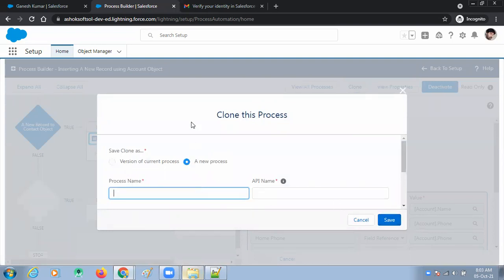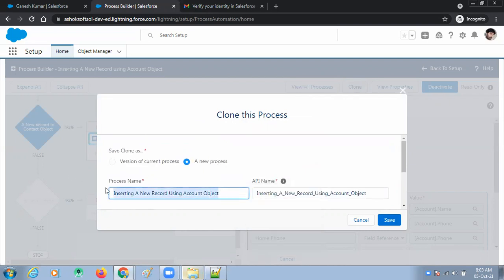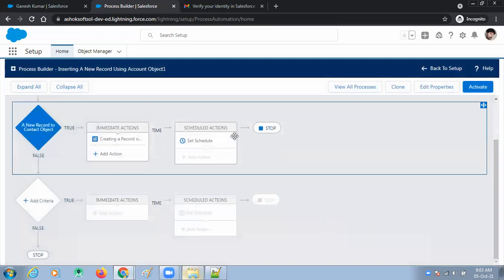New process. Process name is inserting a new record using the account object API name. Control C and Control V. I want to save this. I changed this name.